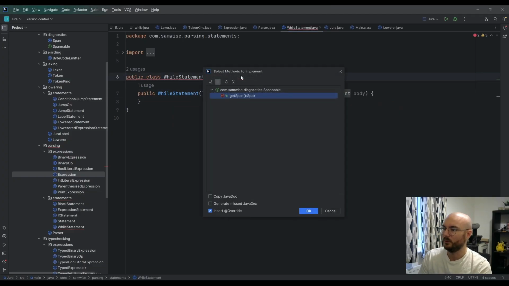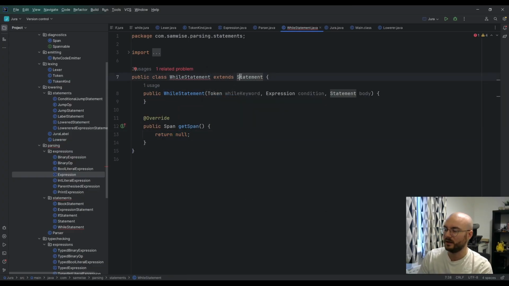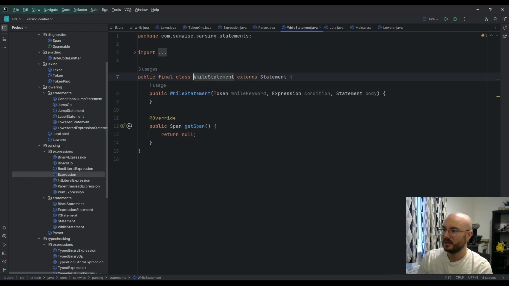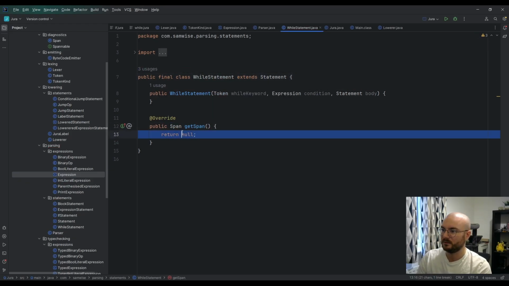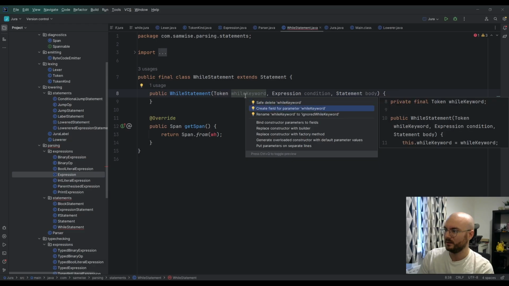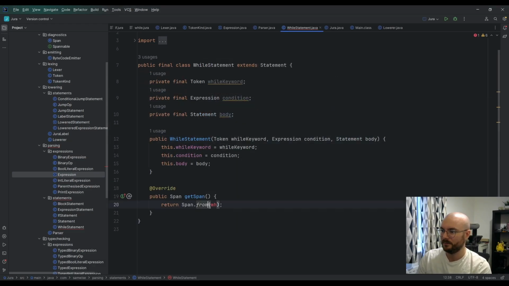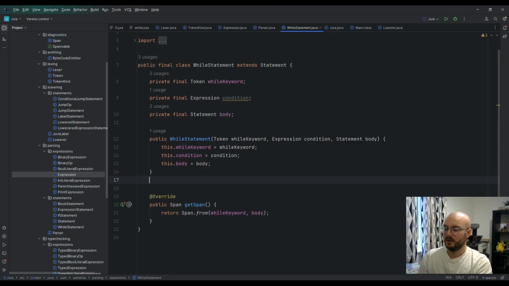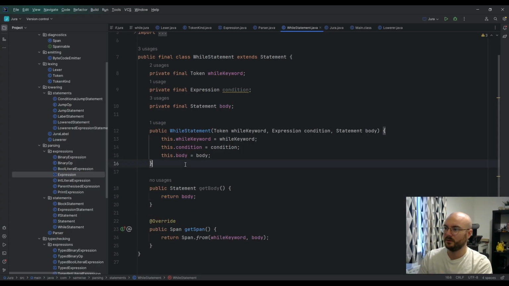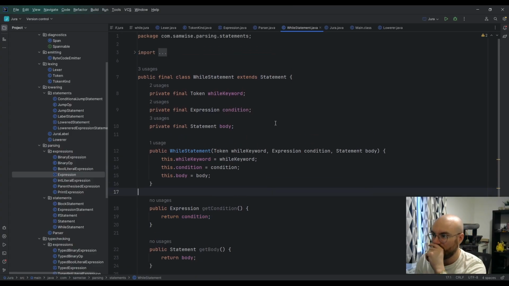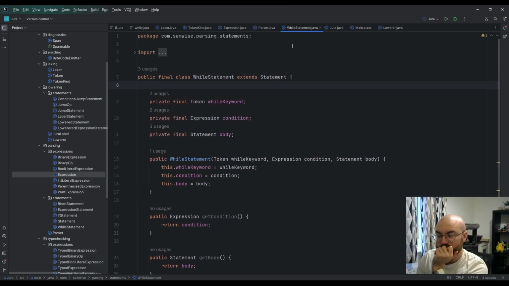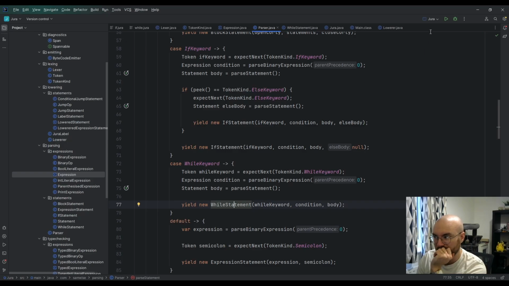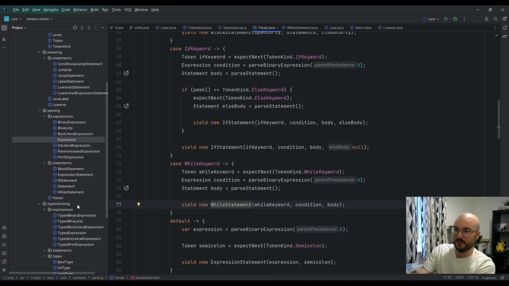So we'll do our regular song and dance about creating a new statement, and the span is from the while keyword to the body, and then we have to have our getters, so get the body and the condition. Okay. So we've parsed it. So now our type checker is going to be very sad